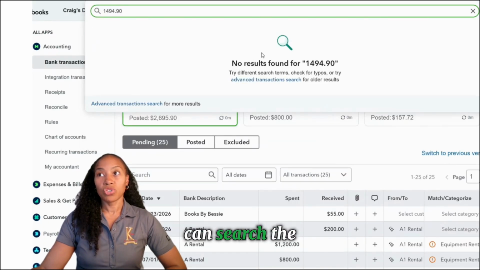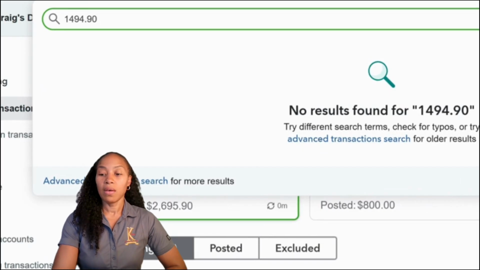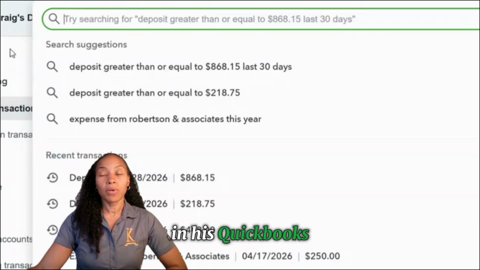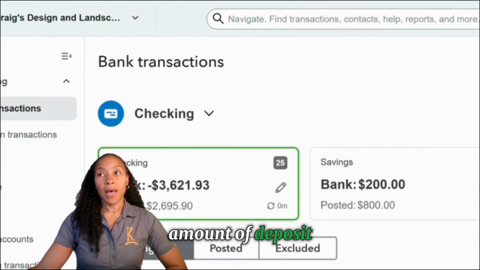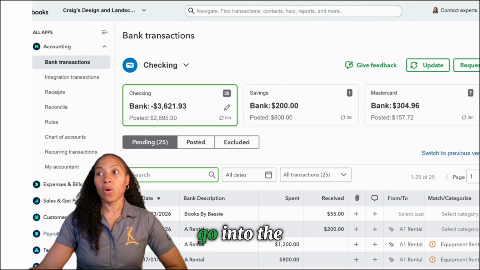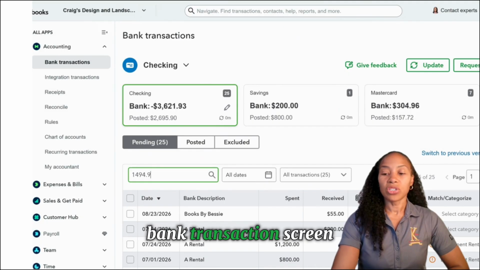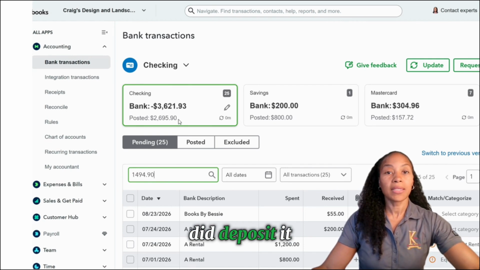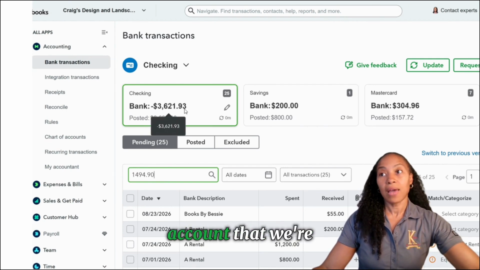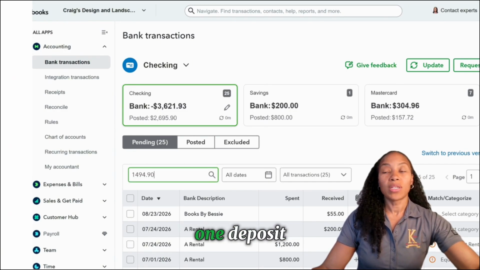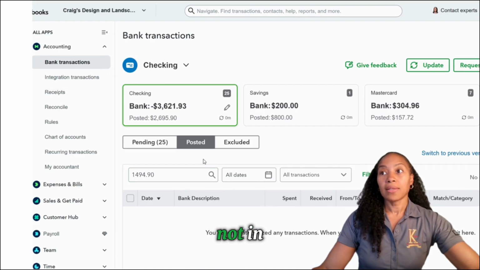You can search the amount that he said he deposited, $1,494.90. And as you can see, there's nothing in his QuickBooks that results in that amount of deposit. Another way we can search for it is to go into the bank transaction screen and search for the amount that way. He said he deposited it in the checking account, so that's the account we're looking in. So we're basing it off the scenario that he made one deposit, but it is not in